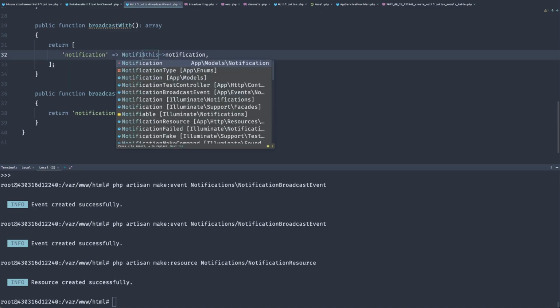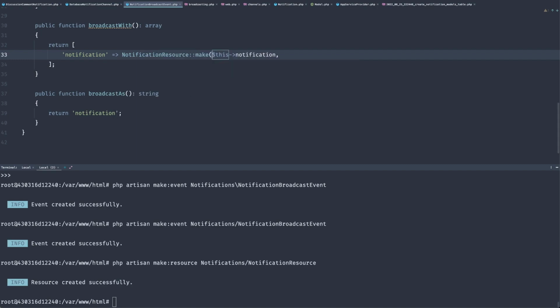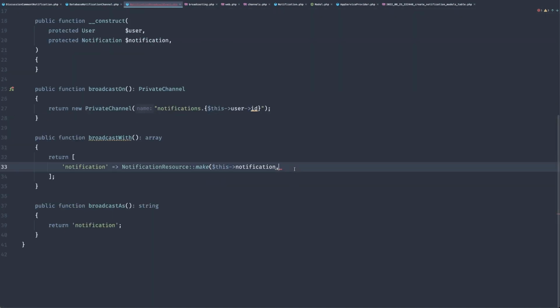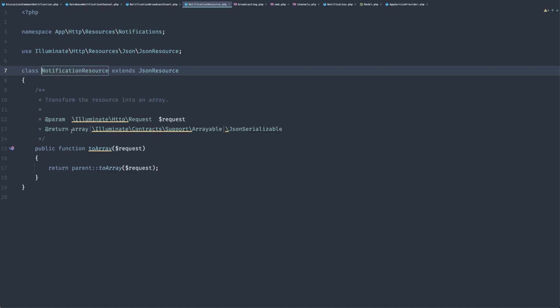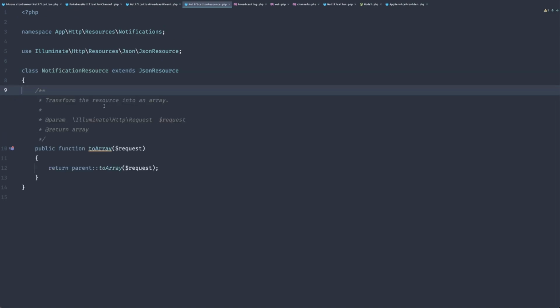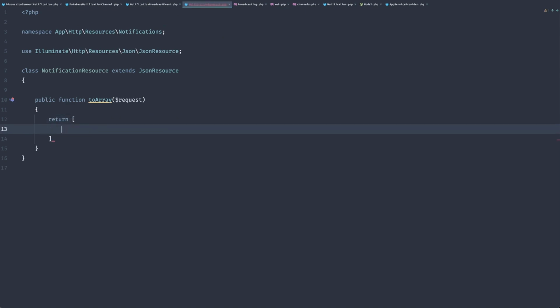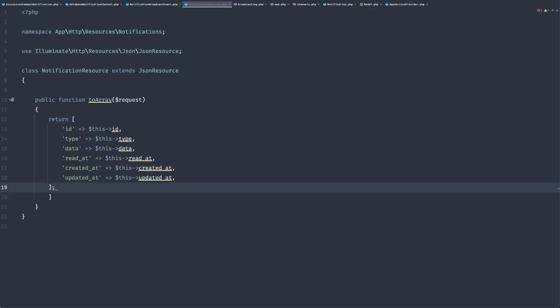And here we can use that resource on that notification. Cool. And here, we'll just want to return some of the stuff, which is exactly that's